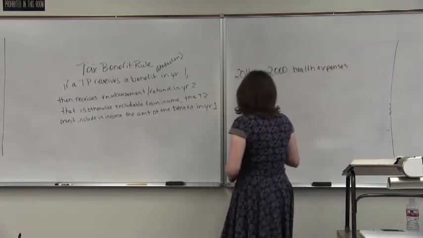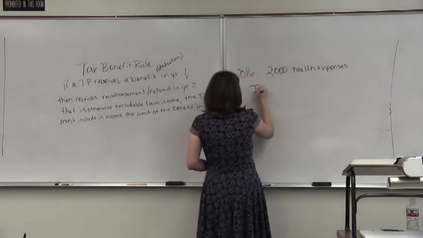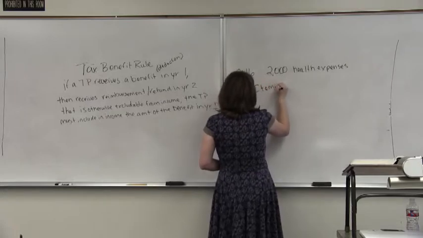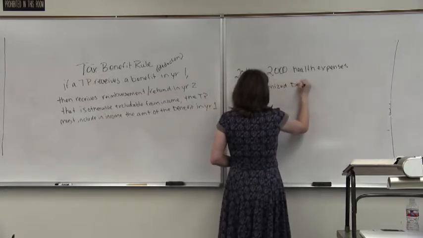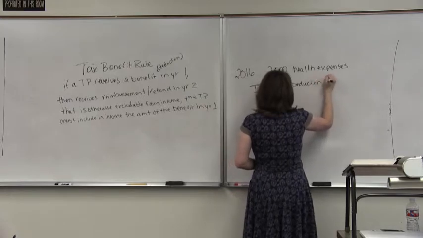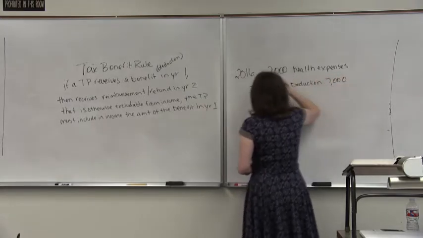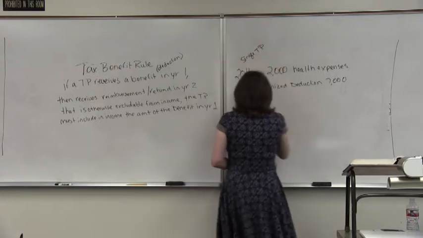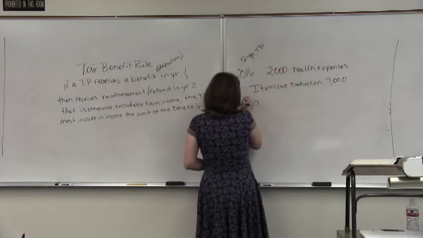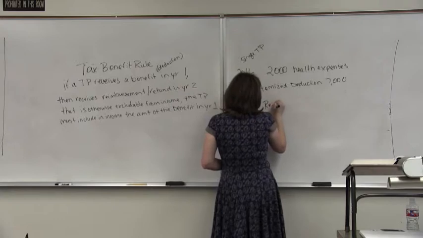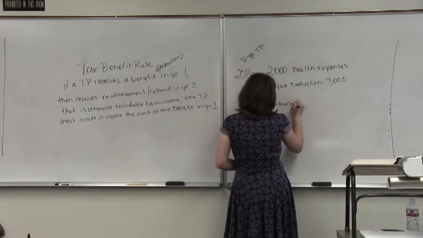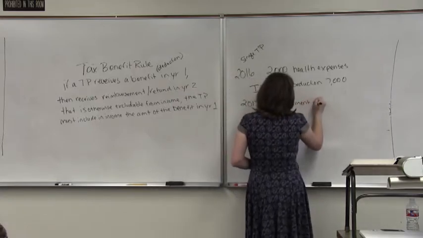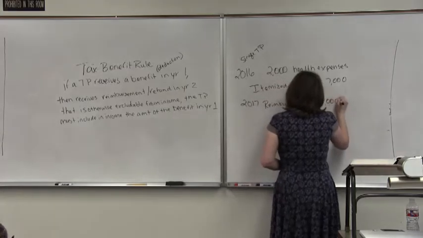And in 2016, they take an itemized deduction of $7,000, and they are a single taxpayer. That's their status. Then in 2017, they receive a reimbursement from their health insurance of $2,000. Now,